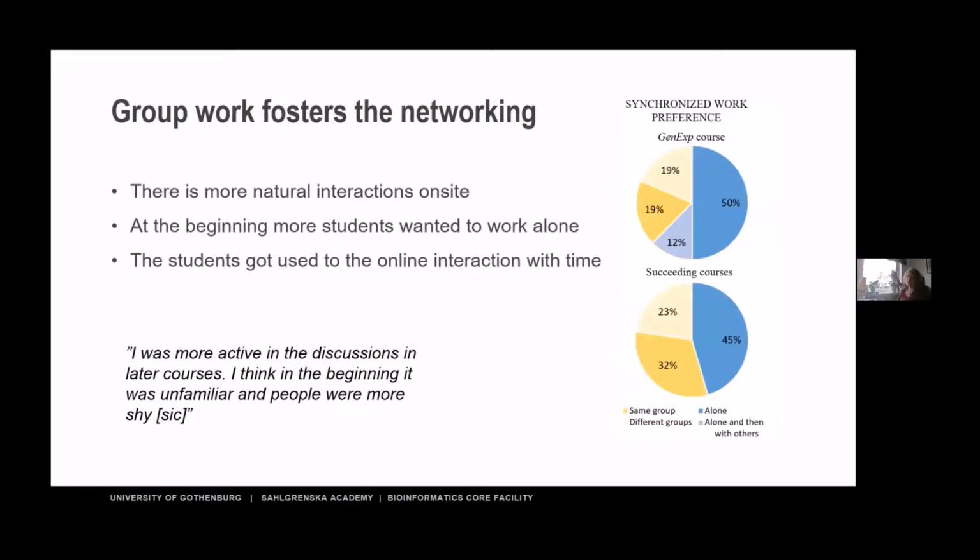There is more interaction between the students on site. Many sit next to each other and they can choose if they want to work in pairs or not. They also help each other out when they get stuck. So starting from the gene expression course, we asked them how they would prefer to work in groups or by